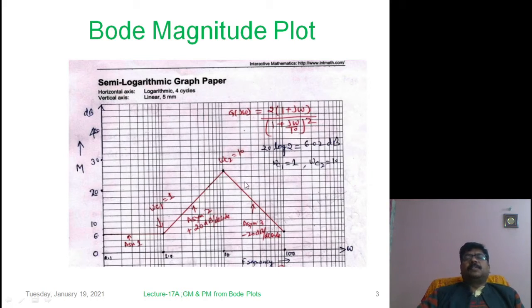So this is the Bode magnitude plot. Before going further, you can see here on the x-axis frequency is taken on the log scale, meaning first frequency 0.1, 1, 10, 100, and this will be 1000 radian per second. While on the y-axis it is the magnitude in dB, decibel: 0, 10, 20, 30, 40. So like this you have to scale the graph, and then you can very easily draw. You have to also write the scale on the graph paper.